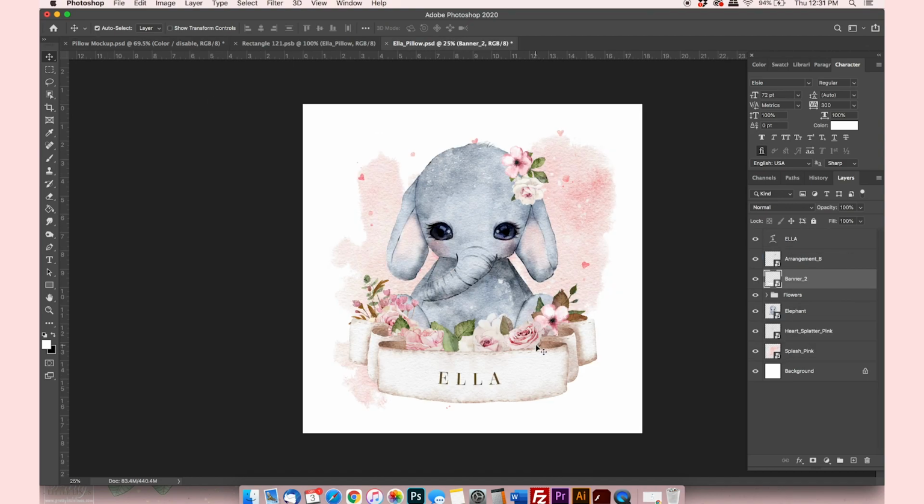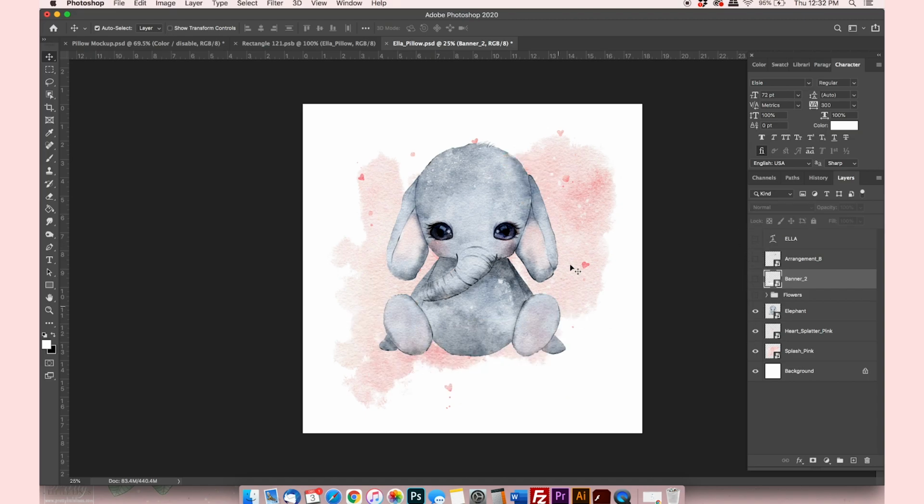So the reason why I have all these illustrations as individual elements is so that you have the most flexibility and freedom to create totally unique designs. I'm just trying to give you as much flexibility as possible. Of course I could create this all and have it pre-done. That would be super easy, but if I did that, then you'd be really limited in what you could create. So just even by having these backgrounds, that really helps